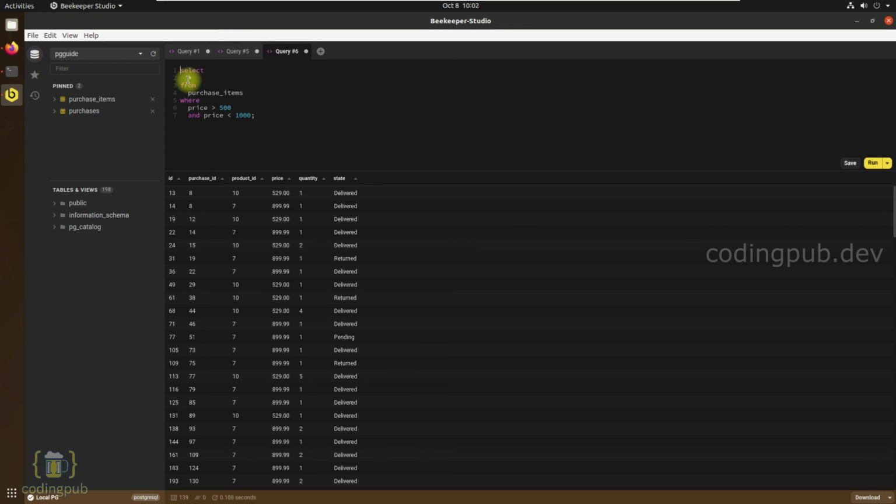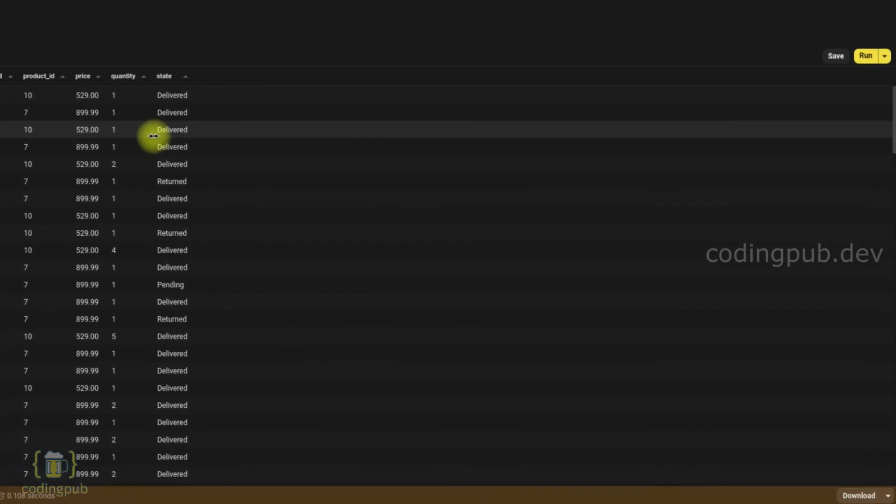Let's say that you want to download the result of this query. You want to download this result as a CSV file or an Excel file. That option is also available. If you see in the right side bottom corner, there is a download button, and next to that there is a small arrow. If you click on the arrow, you can see that we have option to download this data as a CSV file, an Excel file, or in the JSON format.